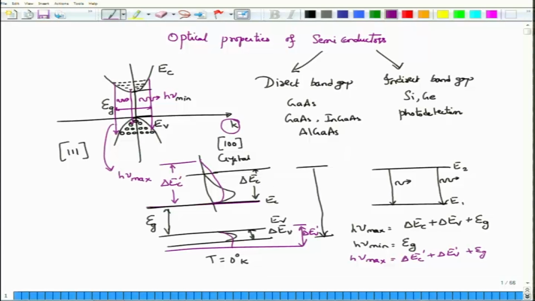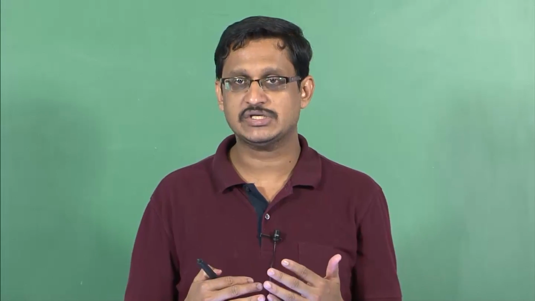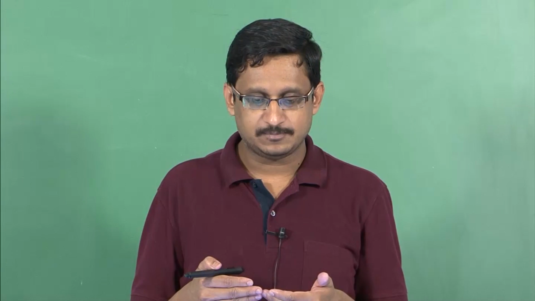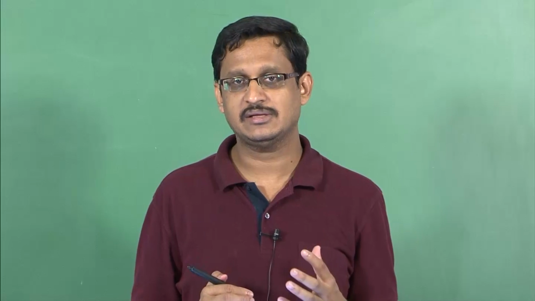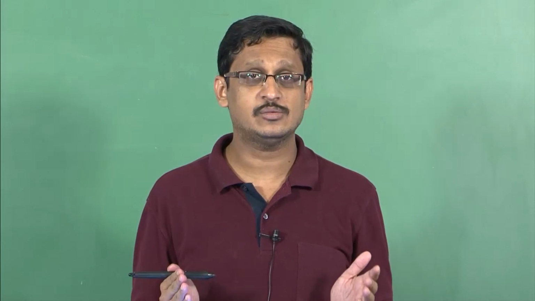Why should it increase? Of course, we know that this is all controlled by the temperature and the Fermi-Dirac statistics that is obeyed by the semiconductor. With increasing temperature, there is a lot of thermal energy available. So the electrons can spread out, and the holes can also spread below the valence band, thereby increasing the spread delta EC and delta EV, and thereby increasing the line width of the laser. Now this is very crucial.